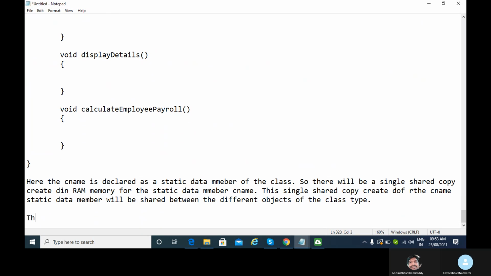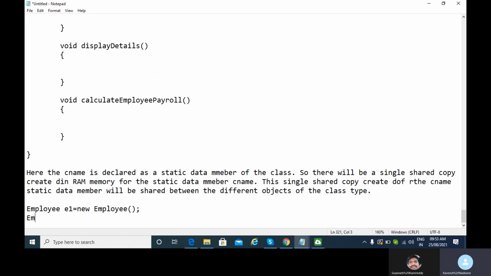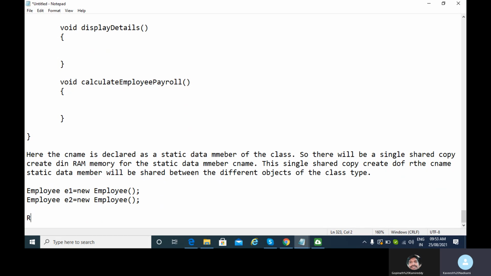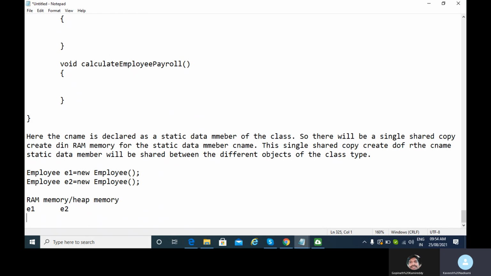So suppose I write employee E1 is equal to new employee, and employee E2 is equal to new employee. So this is my RAM memory, that is the heap memory. In heap memory, there will be a separate section for E1 and E2.